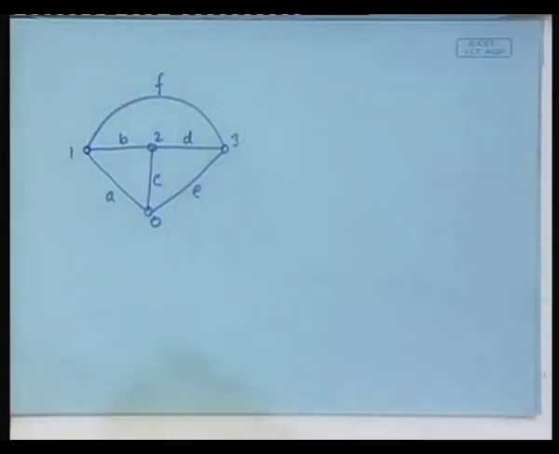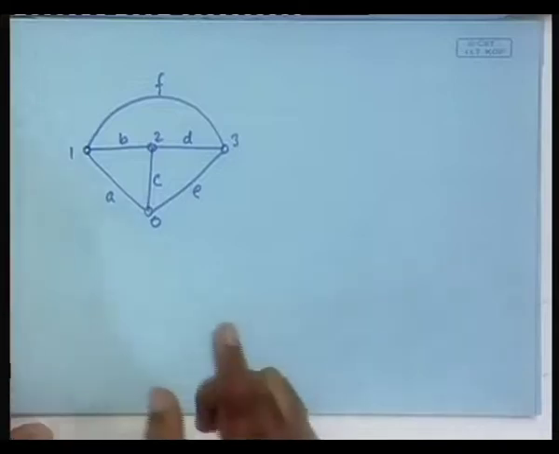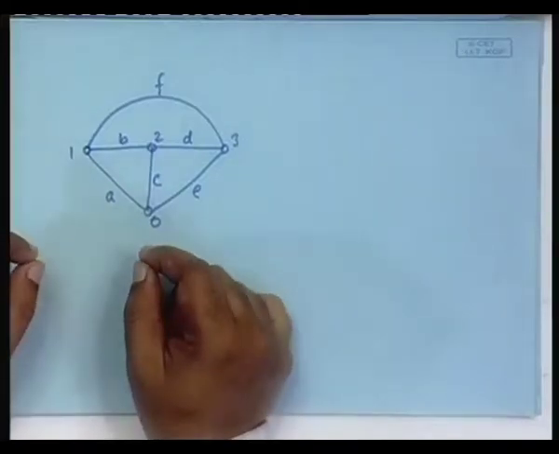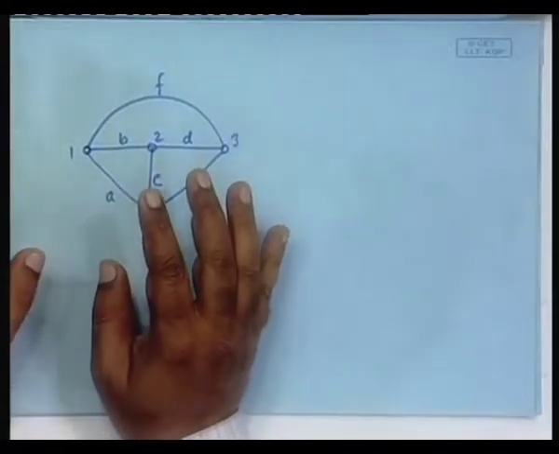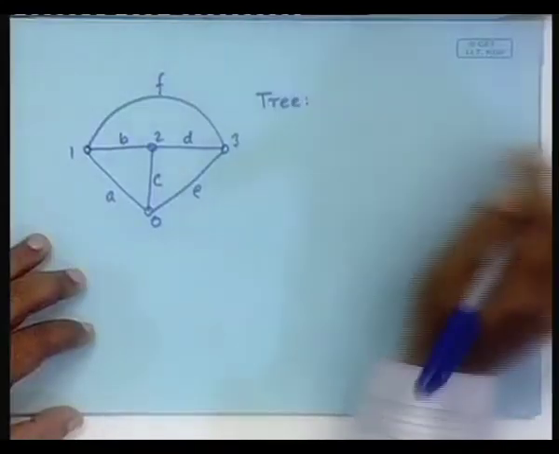Now, a tree is the maximal number of branches that you can connect without forming a loop. The tree is the